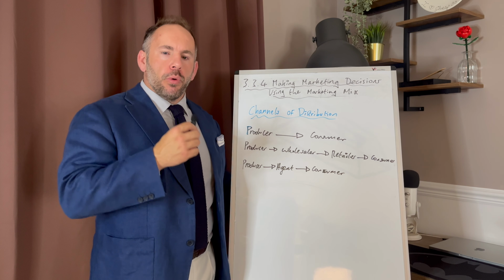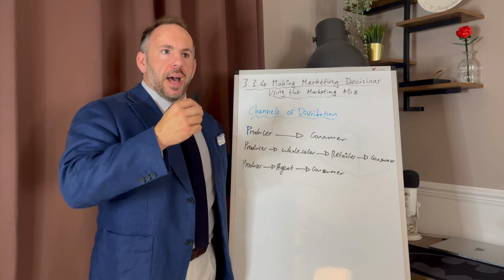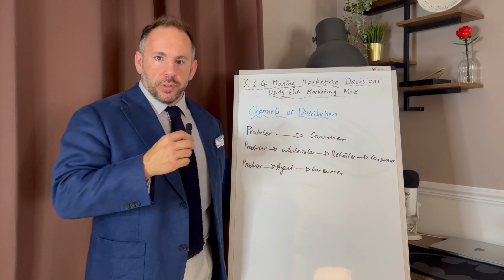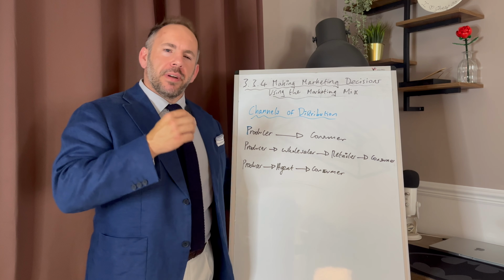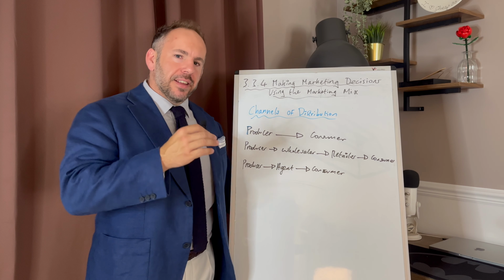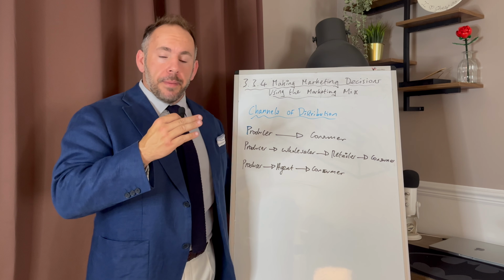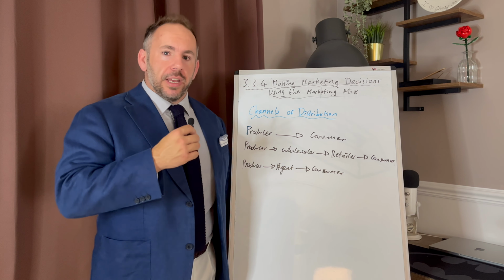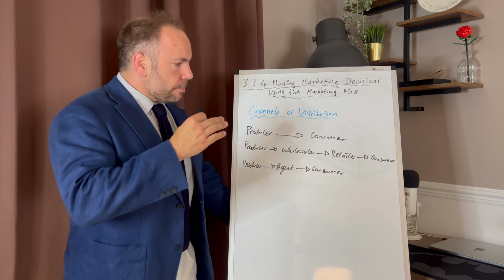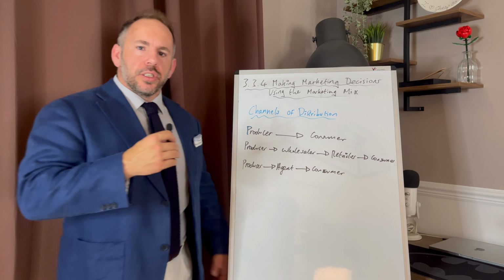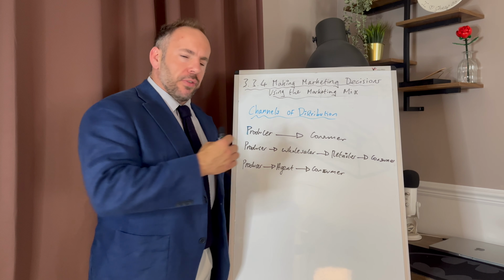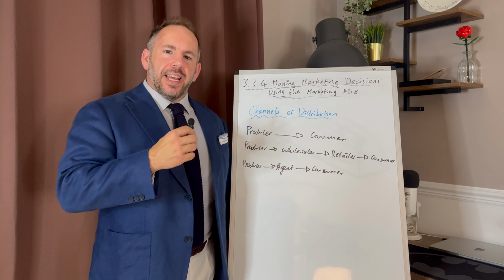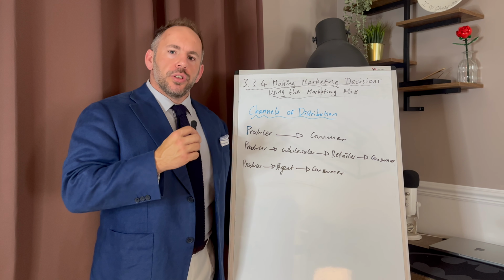Okay, so for example, you can order from, let's go with Sports Direct. You can order online, but you can also visit one of their stores. Whereas Primark, for example, now that's probably slightly less true now because I think they've started selling online. But for the longest time, Primark was only brick and mortar, and then Boohoo was only online. Got the idea? So, how do we get our products to our consumer? Let me just have a little kind of spin through these with you, see if you can kind of grasp them. The first channel distribution we're looking at here is producer straight to consumer.